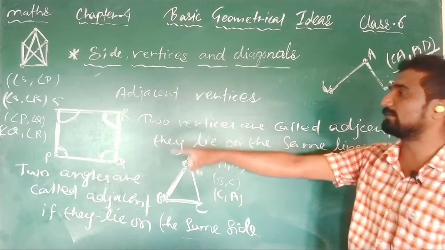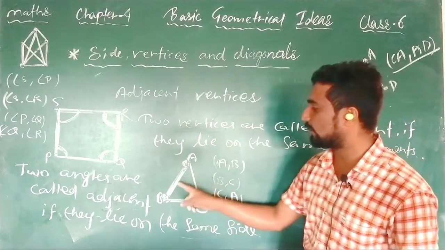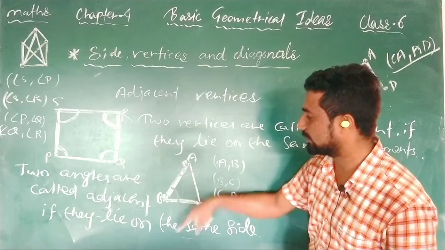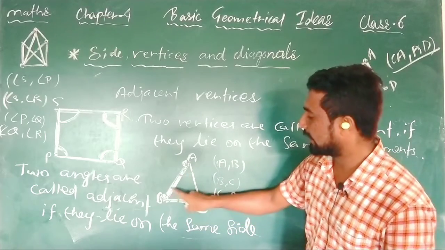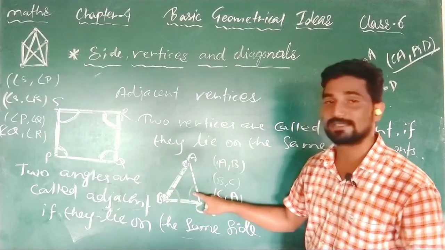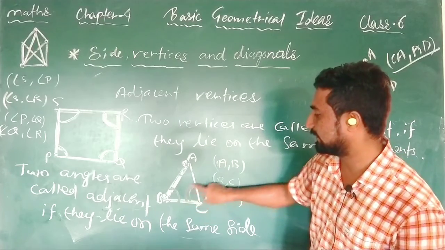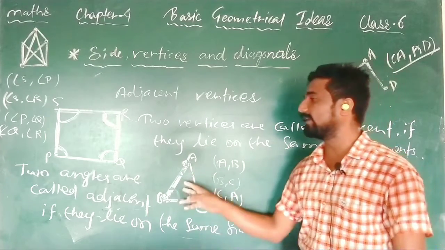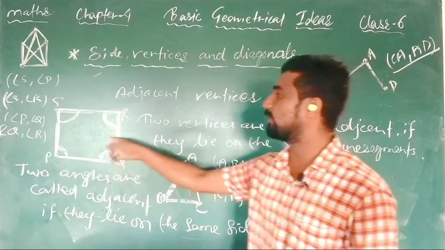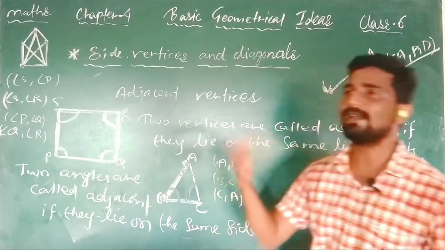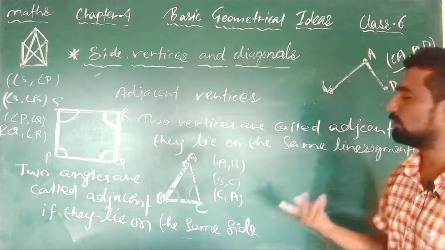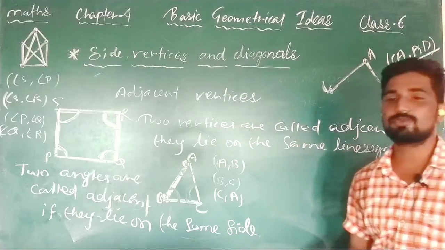So adjacent pairs you have seen. In this, how many pairs of adjacent angles will be there? 1, 2. Well, this is one pair, these two are adjacent. Again 1 and 2, so these two are the second pair, and the third pair, this and this, will be adjacent. So in a triangle 3 pairs of adjacent sides will be there. In a quadrilateral 4 pairs will be there, and so on. In the pentagon, like that you will be writing. So these are the topics which were important.